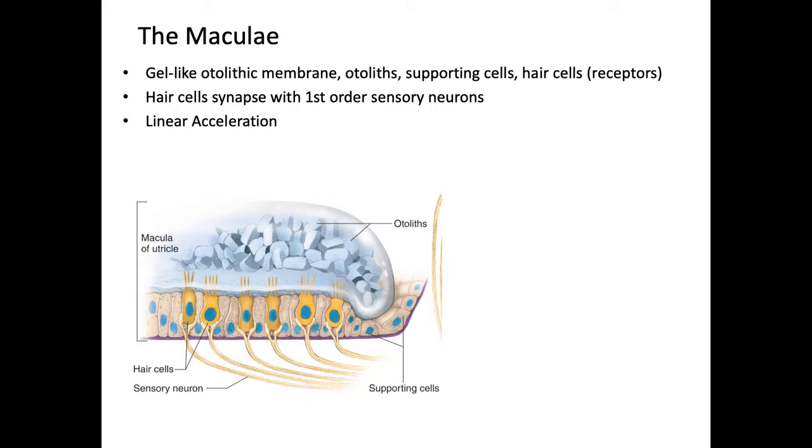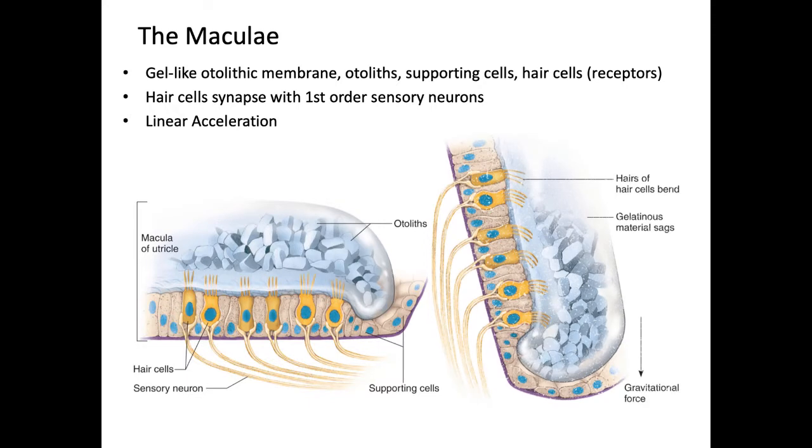When the head, and therefore the utricle, is completely level, the otolithic membrane rests right on top of the utricle. The gravitational force is directly down and doesn't pull on the otolithic membrane in any particular direction. The hair cells, you can see, are sticking straight up into the gel-like membrane. However, if the utricle is on an incline, gravity pulls on the otoliths, causing the otolithic membrane to sag downwards towards gravity. This movement bends the hair cell receptors, causing transduction of the mechanical force into an action potential in